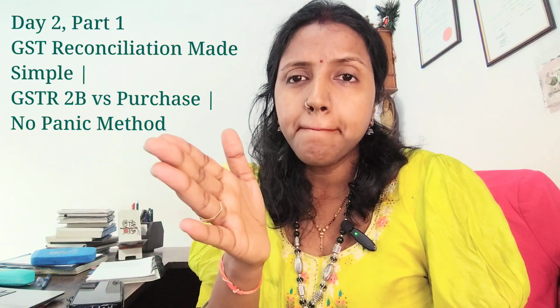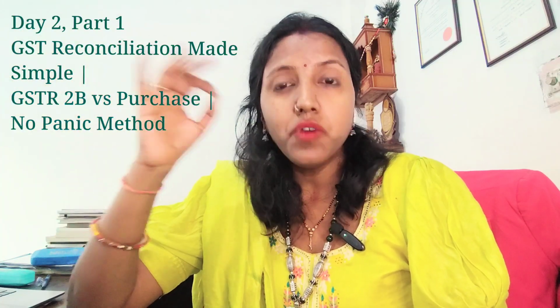Now come to the third category, meaning entries that are in 2B but not in your books. This is where your internal system needs improvement. You need to identify why this was not recorded. Was it a delay? Was it a human error? Was it a system gap? And once you record it, you correct your expense, and that improves the accuracy. Now see the difference. Same reconciliation, but instead of stress, you have structure, and the structure removes what?